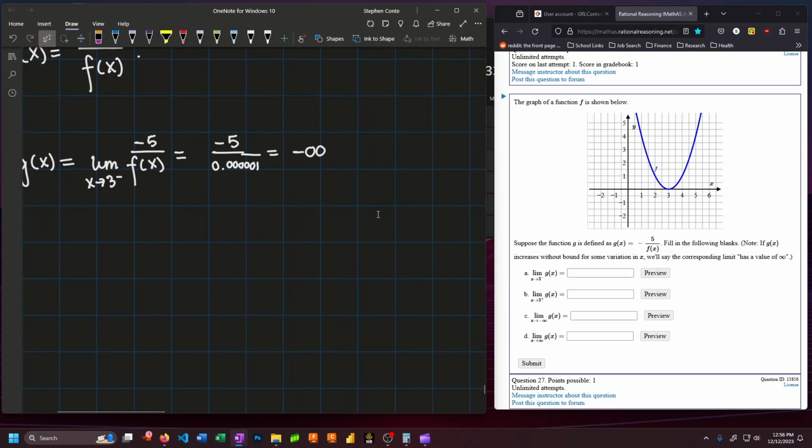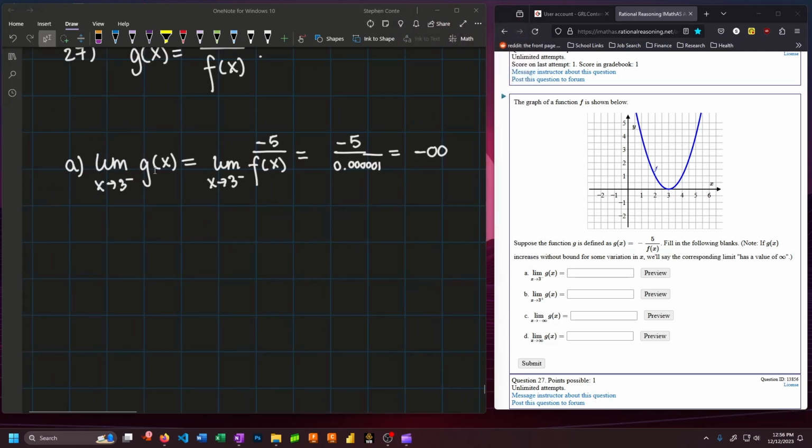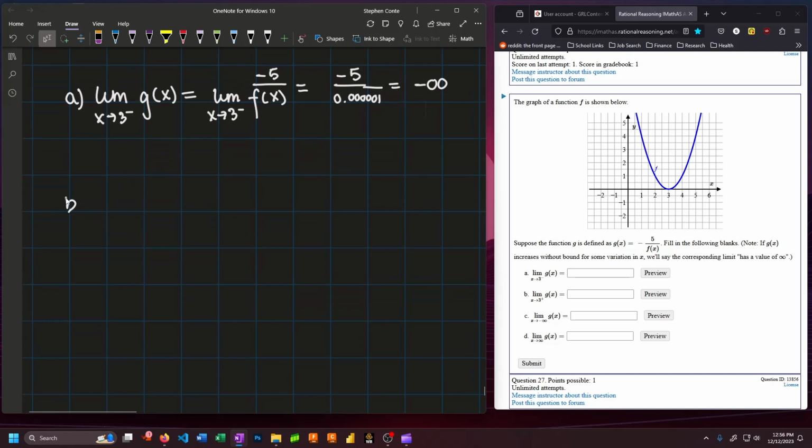So let's take negative 5 and divide that by 0.000001. Negative 5 million, right? That's a really big number. So that's one example, right? So that's going to be your answer for A. Now let's do the limit of g of x